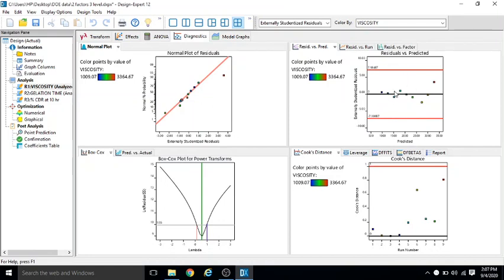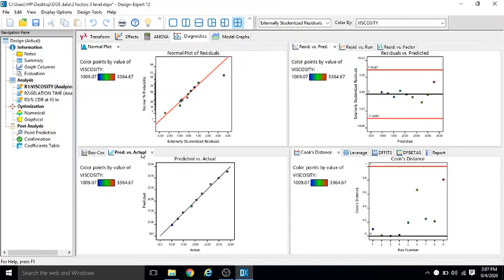Here again you will see that there is one particular point which is slightly away from the middle line, otherwise all other data points are uniformly scattered around the middle line, and no data is outside the range, that is the upper range and the lower range. Here also data is well within the upper and lower range, and this particular graph tells us that there are very minor differences between the predicted and the actual value.